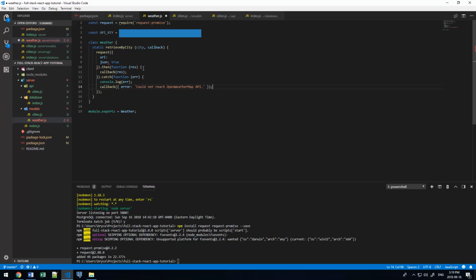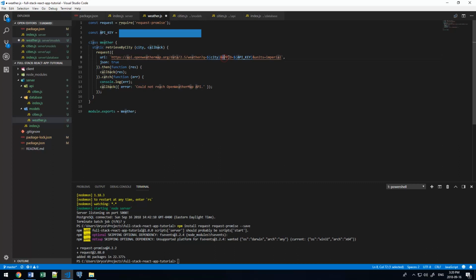Perfect. Lastly, let's fill in the URL that we'll be retrieving the data from. So I'm just going to copy and paste this longish URL into the URI property, and I'll explain what's going on. Here we go. So the address is api.openweathermap.org, and there are some different arguments here. It's just saying that we're calling the weather API from this location, and we're passing a few parameters into this URL. So the city, which is passed as the city name as a string, we will insert into the string right here,